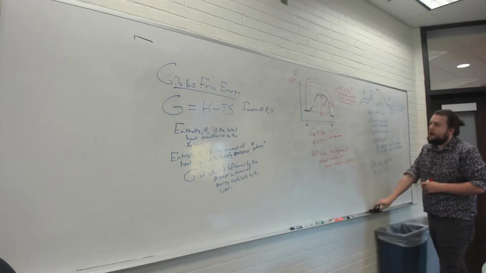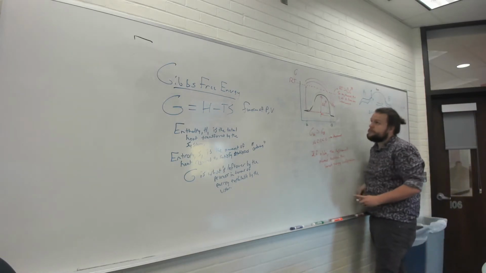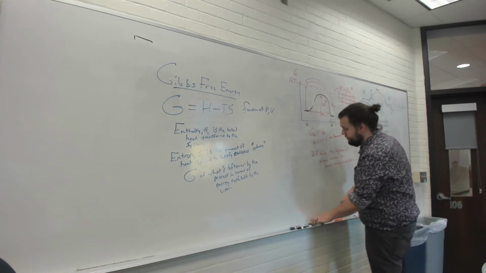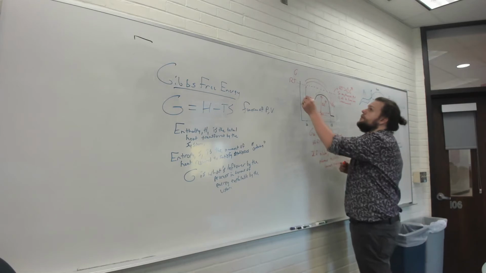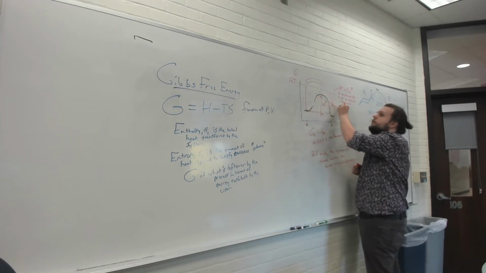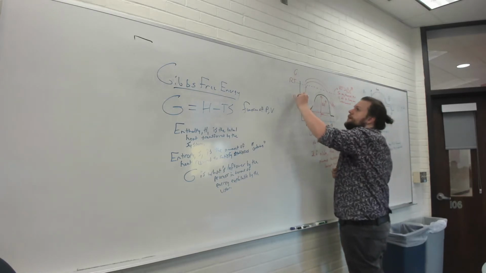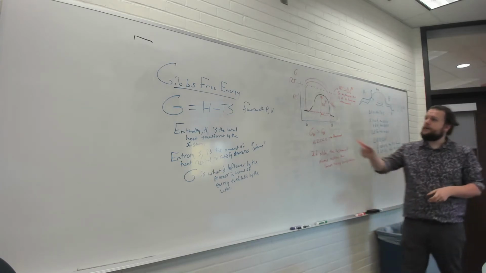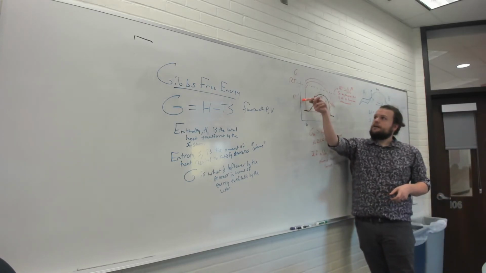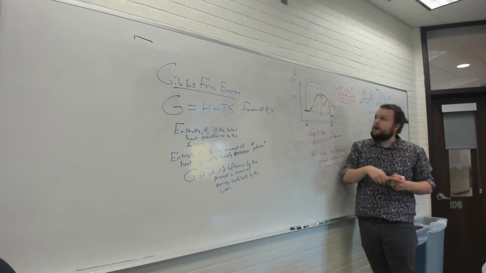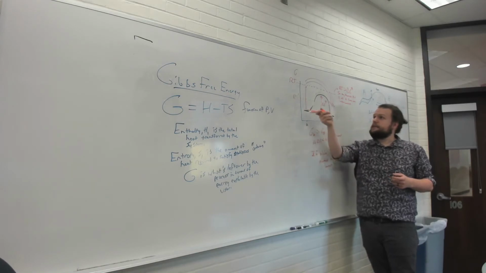But now here's the problem. What happens instead? I'll draw with a different color. Let's do orange. What if the energy is here? What if the system is sufficiently cool that you don't have enough energy? And you start with A, you have a molecule that starts with A, but the system doesn't have enough energy to get over the barrier because on average it's right here. So even though you would predict the system to be spontaneous,